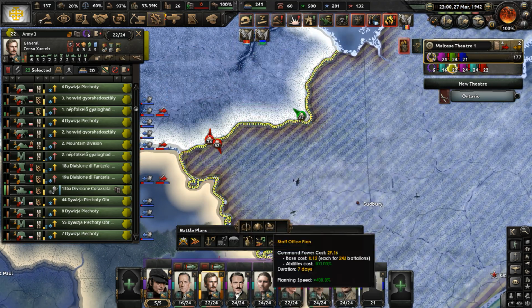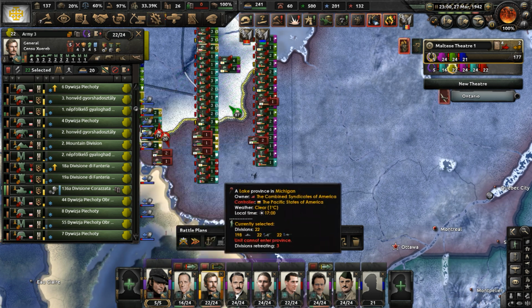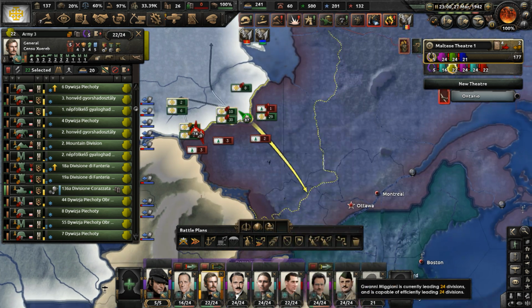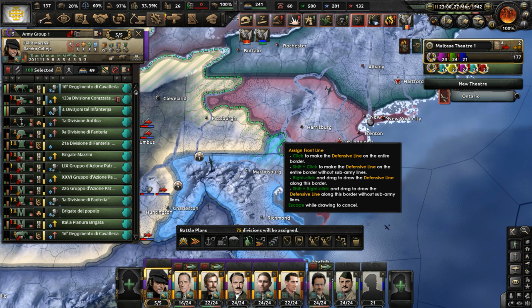And their goal is to move into Canada, not, oh my goodness. Move into Canada. I wish the CSA would also fall because that would open up our advance as well. That would open up a new front, but it's not going to occur just yet. And move the remaining group of divisions we have here to this area,